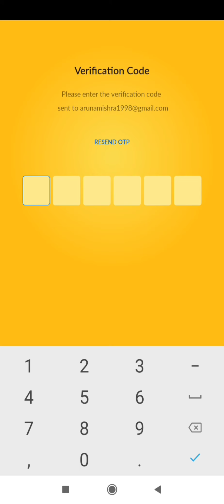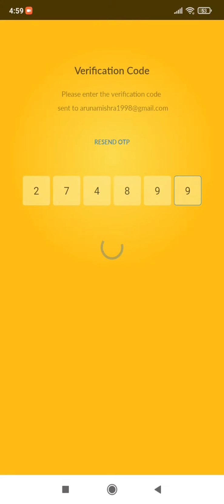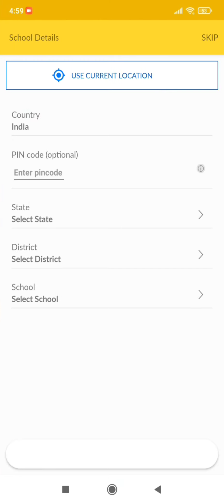My verification code is 274899. This verification code varies from ID to ID. Each and every ID will get a new verification code. Fine. Now once you are done with the verification, you have to enter your details.